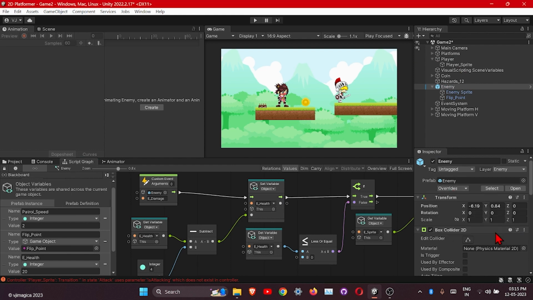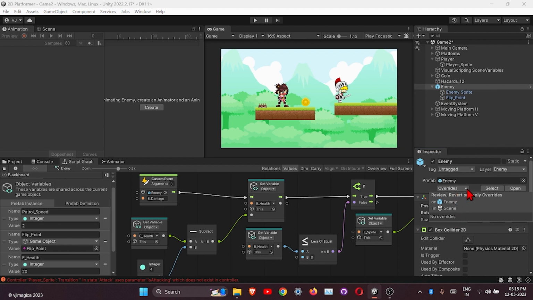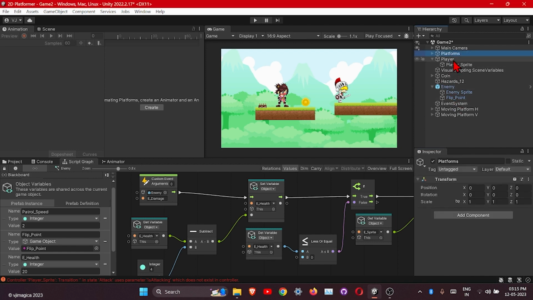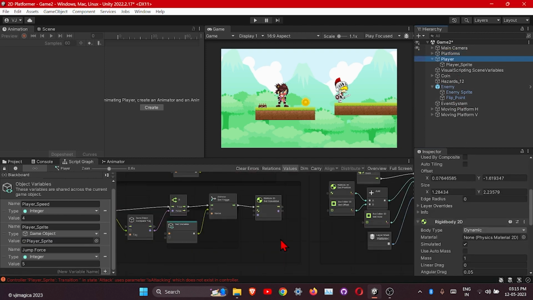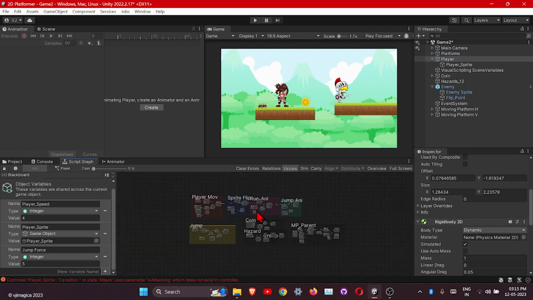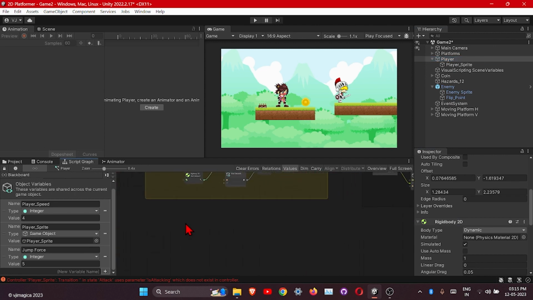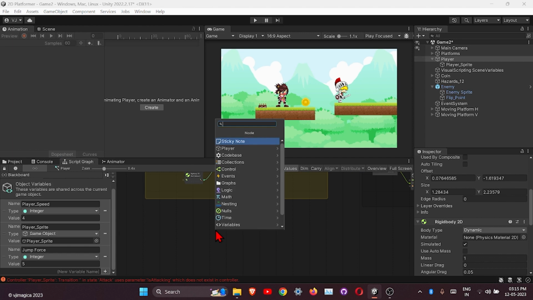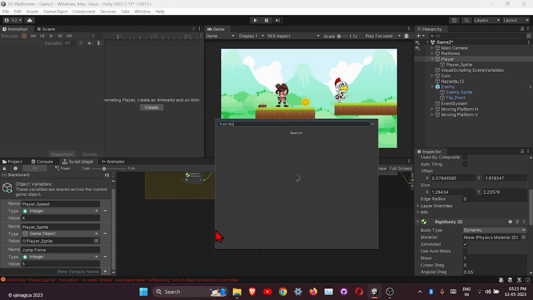Apply these overrides. If you make changes to the prefab, you need to apply the overrides for it. Okay, this is what we have done in the player script. Let's add the attack one. So we will attack with the left click of the mouse. So on button input,